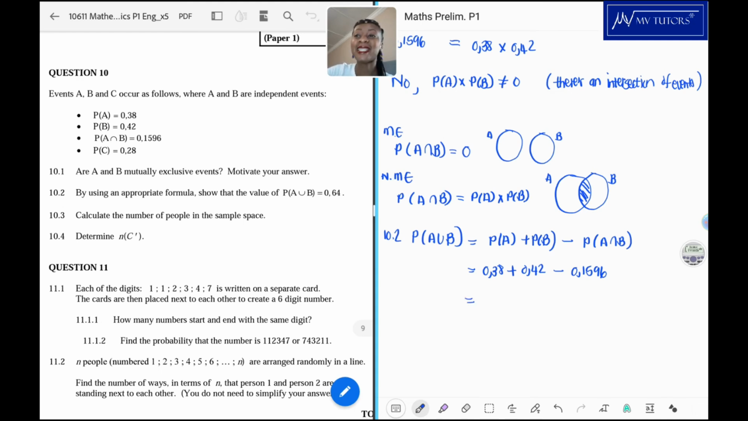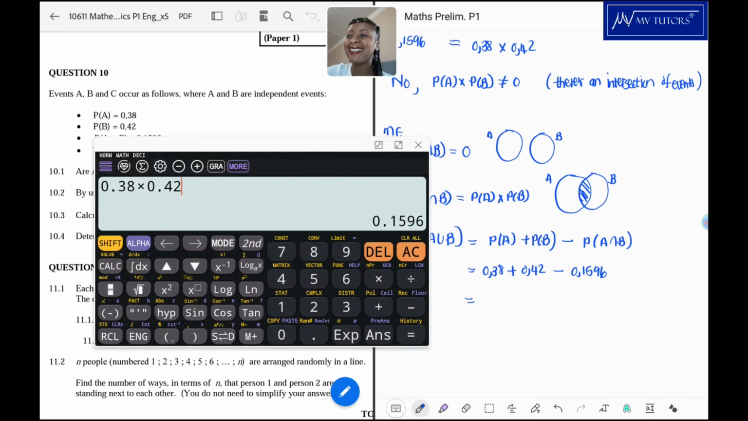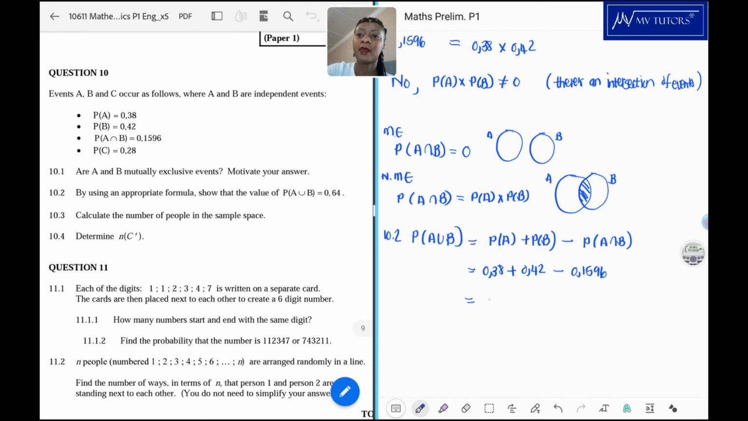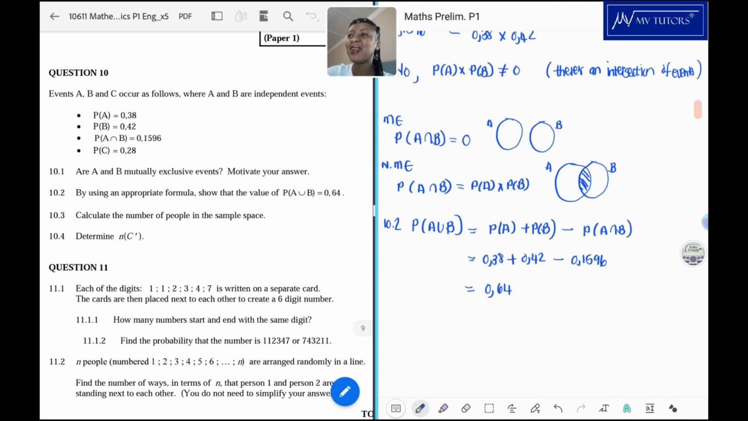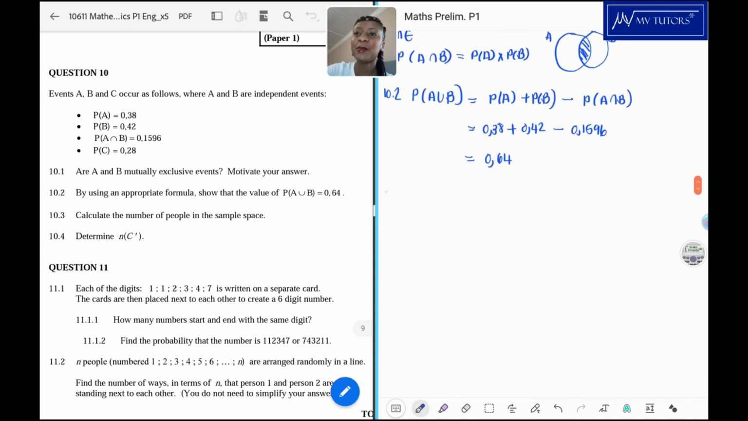As we're doing this sum, we better get 0.64. So 0.38 plus 0.42 minus 0.1596. And there we get it, 0.64. I'm going to round it off to 2 decimal places, 0.64. So we have shown it. Righty, and then 10.3,